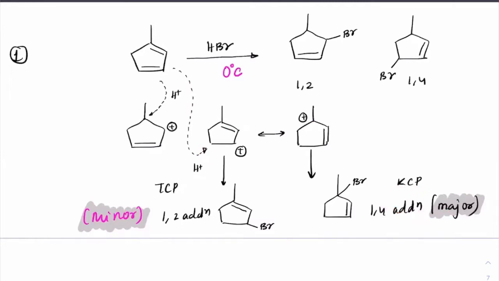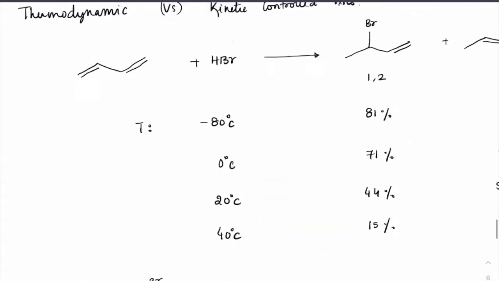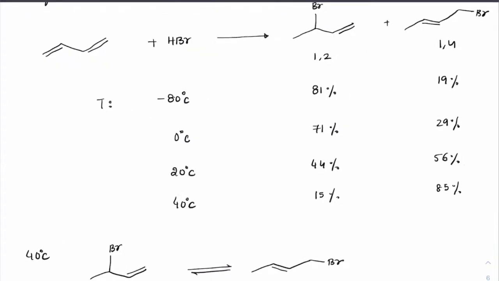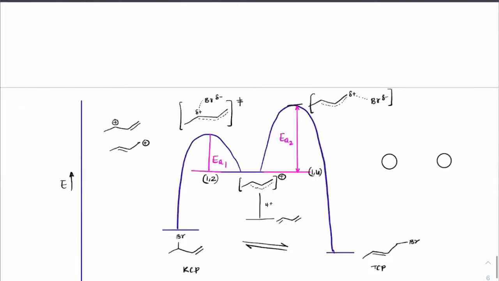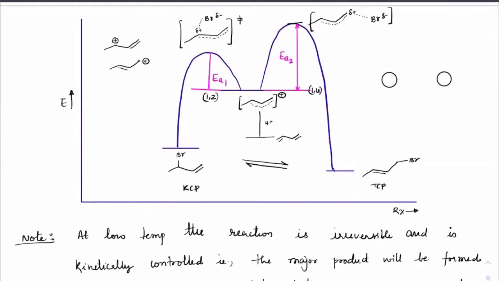Room temperature is always thermodynamically favored. Unless it is 0 degrees, -10, -40, -80, these are all KCP products. If nothing is mentioned in the question, you will always take it as TCP. The thermodynamically more stable product has to be chosen. Not stable, product composition you're saying, right? At 0 degrees, KCP composition is more. At around room temperature, 20 to 40, which is favored, beta? TCP is favored. The minute you come across room temperature and above, it will always be favored with TCP.